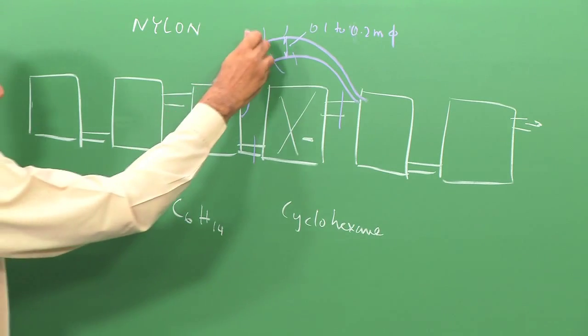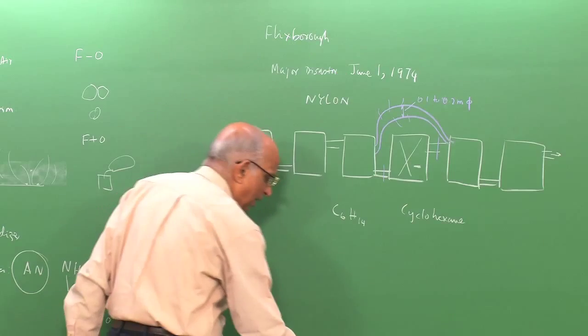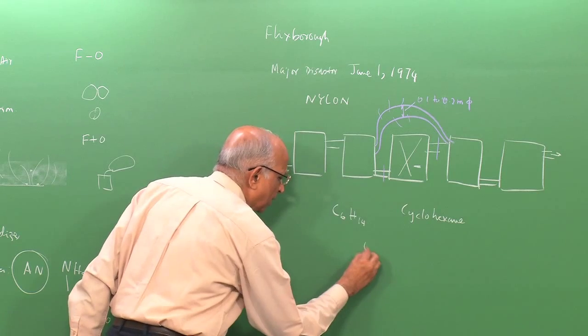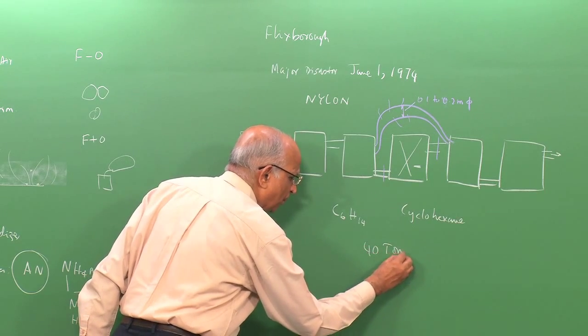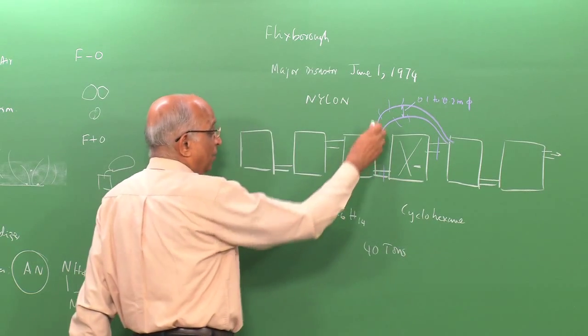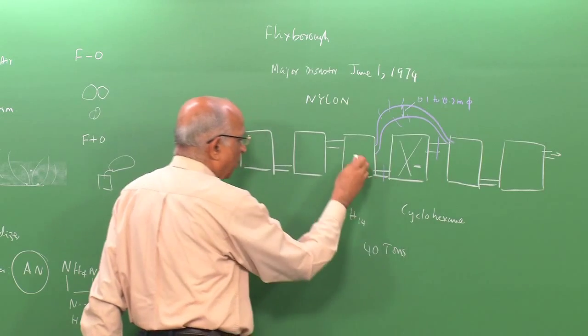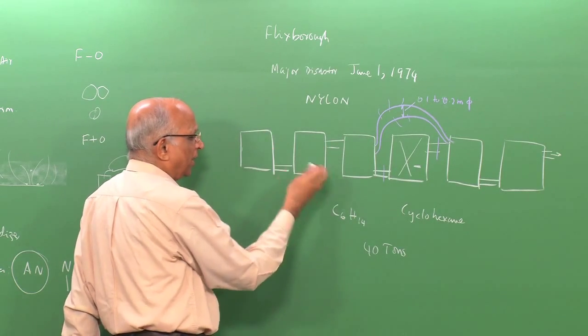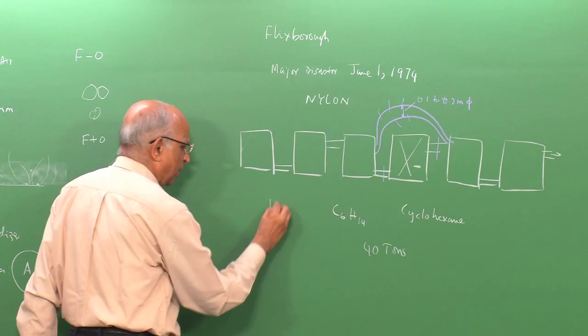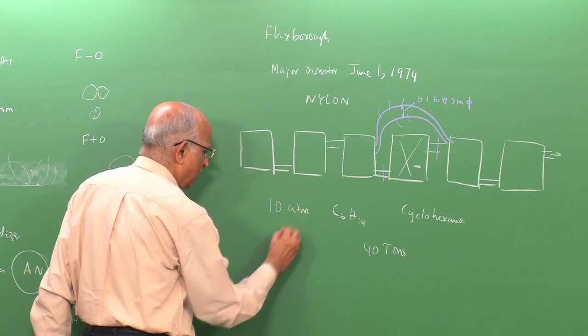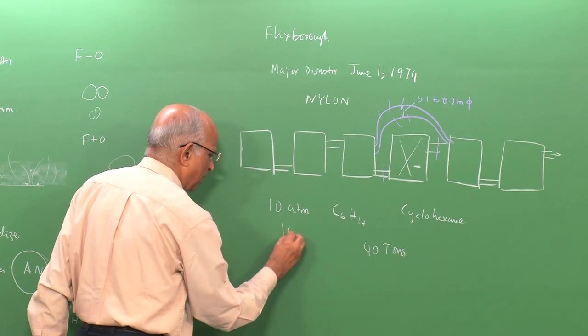Well, during operation, this particular bypass line developed a crack, and the hexane, or the cyclohexane, leaked out. The leak was so rapid that something like 40 tons of cyclohexane leaked out. This was because the reactors are essentially operating at high pressure. In this case, it was operating at a pressure of 10 atmospheres, and the temperature here was something like 145